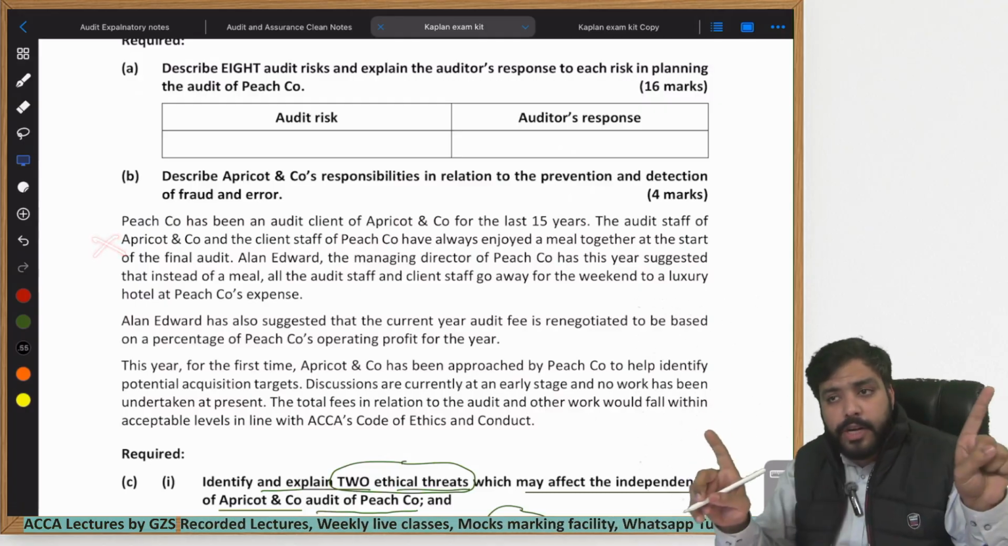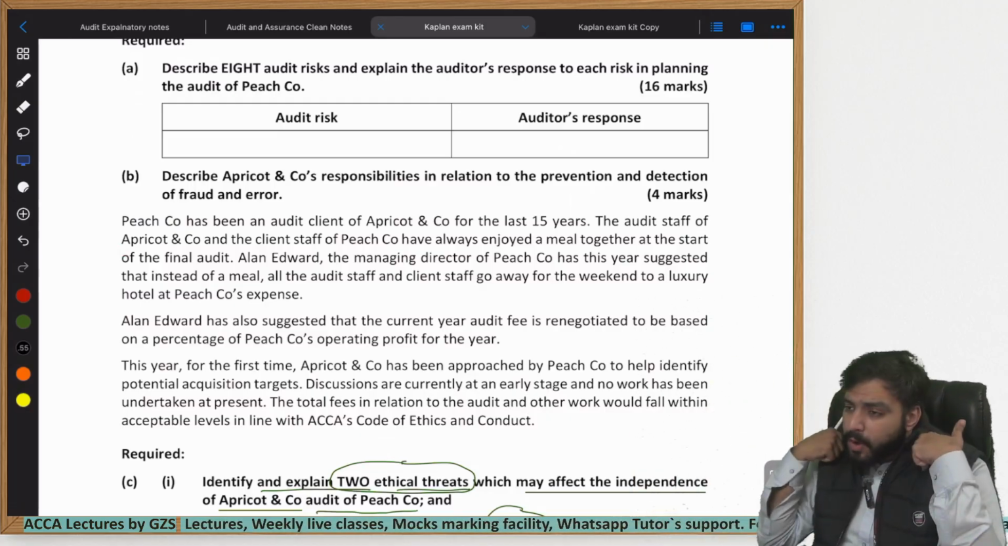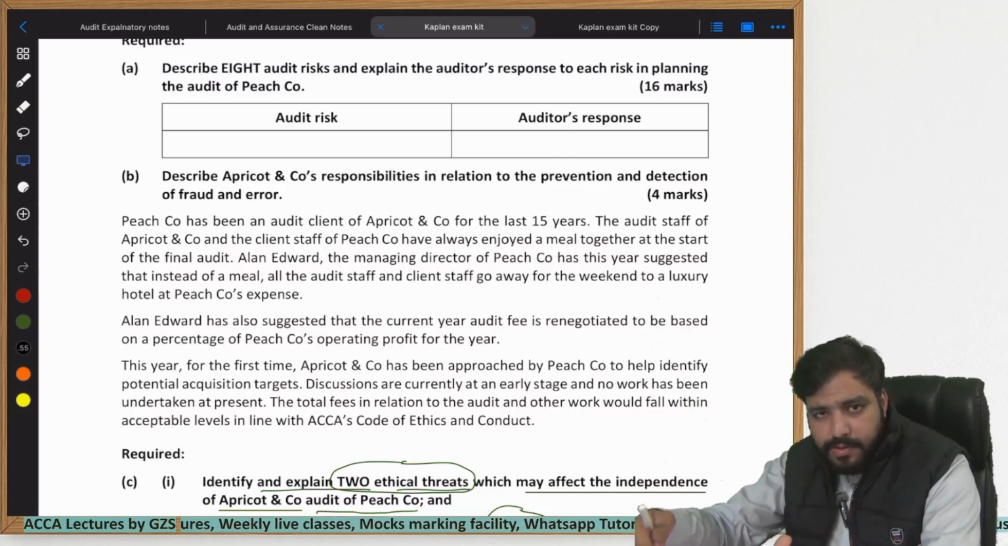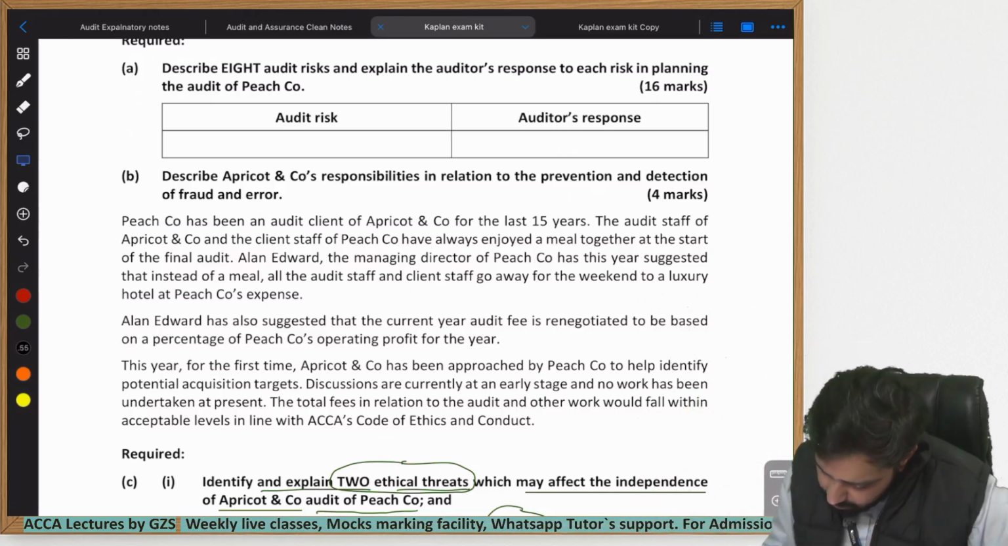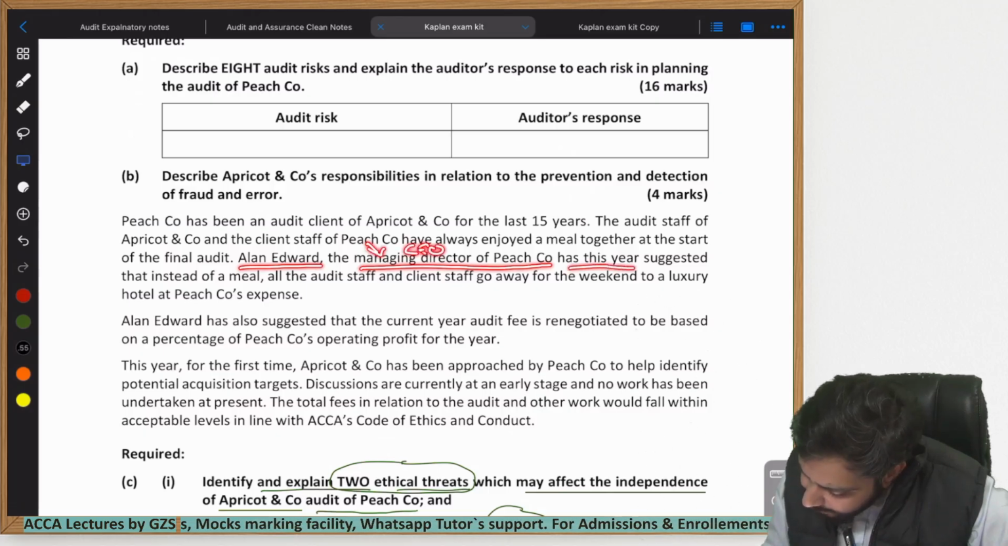It hasn't been mentioned whether we pay for it or the client pays for it, whether we pay for ourselves and the client pays for themselves. But let's read forward first of all. Alan Edward, the managing director of Peach Corporation, basically managing director is also known as the CEO, has this year suggested that